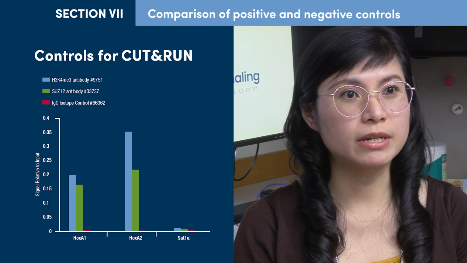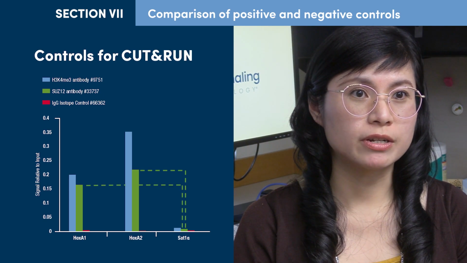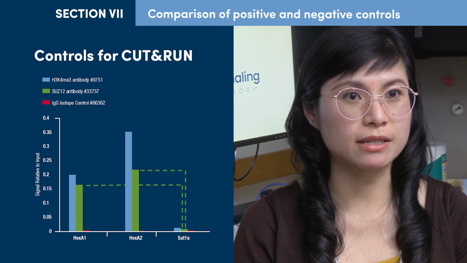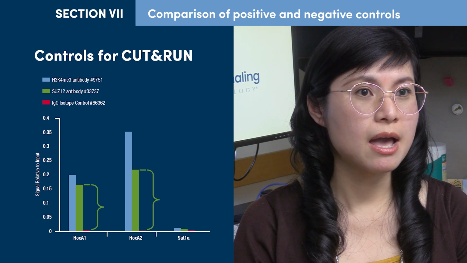You can also calculate signal-to-noise ratio of your target antibody, also measured at positive and negative primer sets, and the ratio of target antibody to isotype control measured at the same primer set. All three of these ratios should be 3:1 or higher.